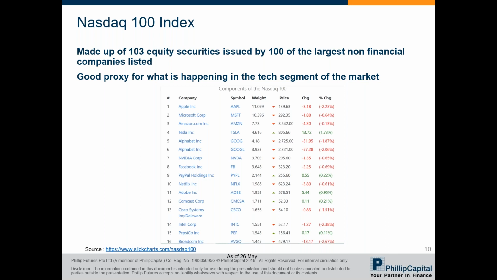The composition of the NASDAQ Composite is heavily weighted towards information technology companies, which is the IT sector. The NASDAQ 100, whose components are a subset of NASDAQ Composite, accounts for over 90% of NASDAQ Composite's movement, and there are many ETFs tracking its performance. It includes the FANG stocks, which stands for 5 most popular and best performing American technology companies, namely Facebook, Amazon, Apple, Netflix, and Alphabet, which is formerly known as Google.